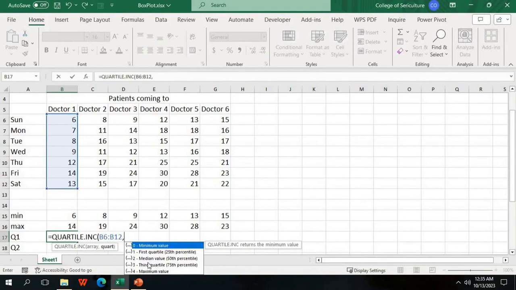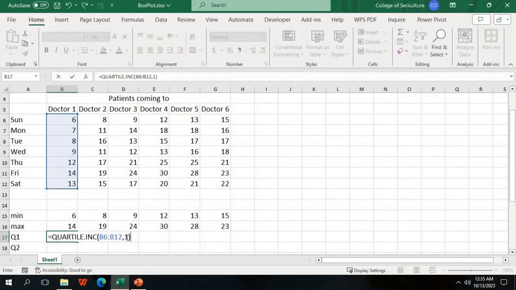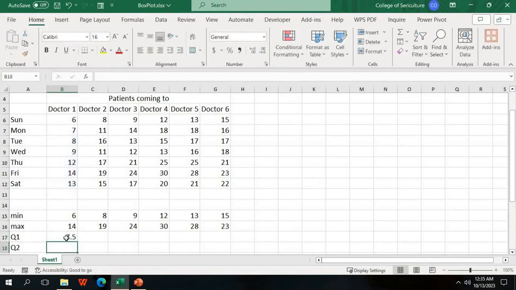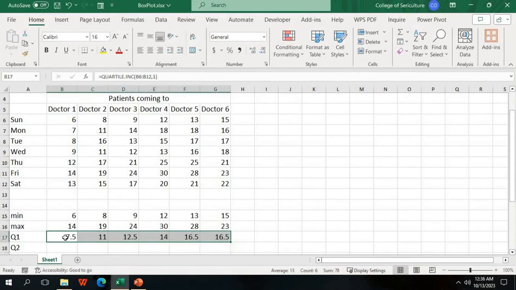So here we need the first quartile, so I am going to give the code 1 so that I can get the first quartile value for Dr. 1, that is 7.5. Now select this cell and drag it up to Dr. 6, then we get the first quartile value for